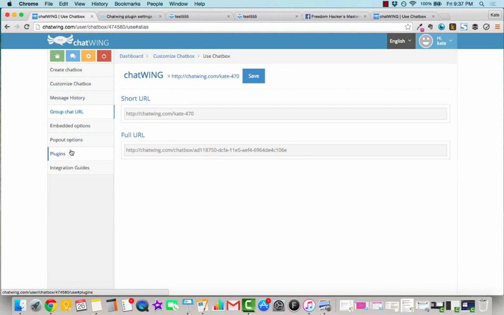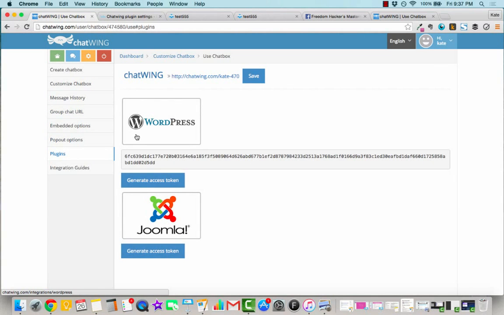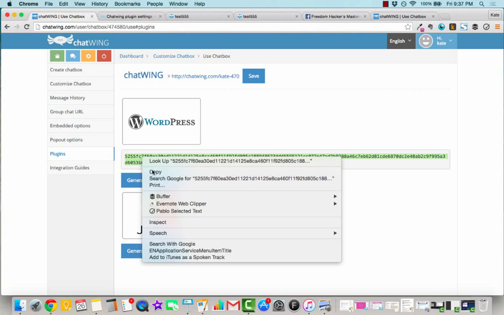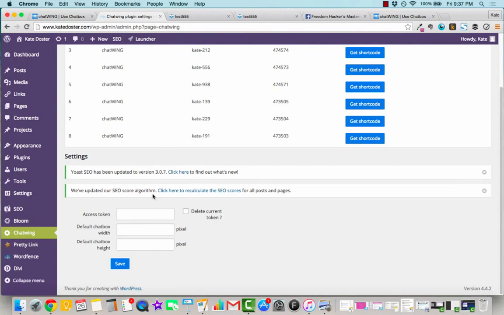And then it is going to say Plugins. And it'll say WordPress, and it will ask you to generate a token, which is just this big long number. So we're going to go ahead and copy it, bring it back over here to where it says access code, plunk it down there,